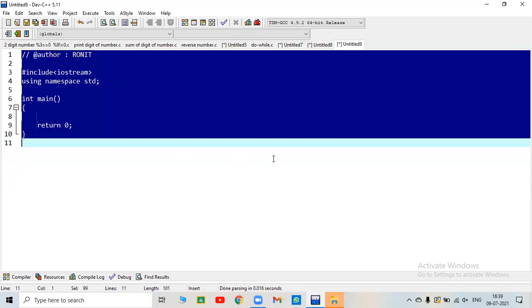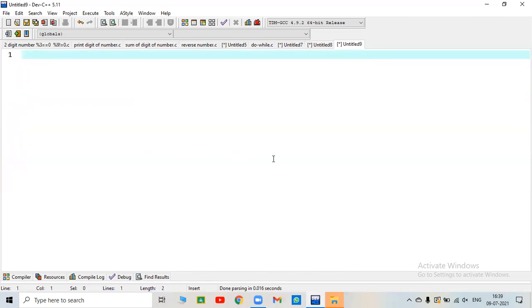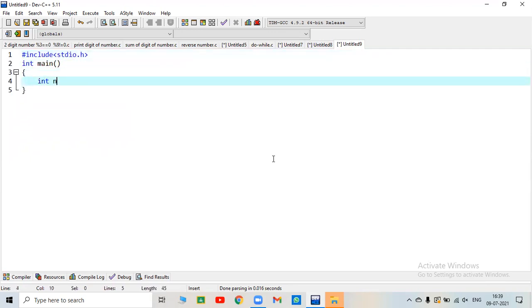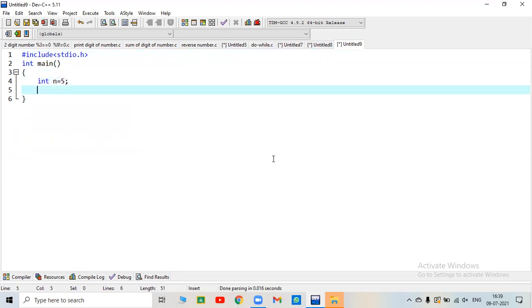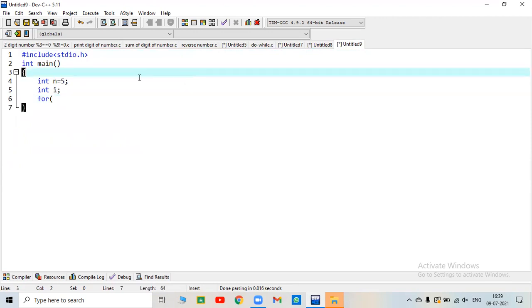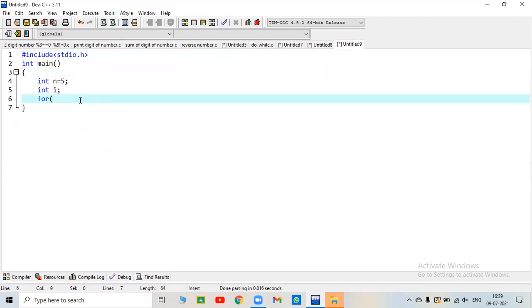So let us write a program using a for loop, then you will understand it better. The task is we have to print i from 1 to 5.